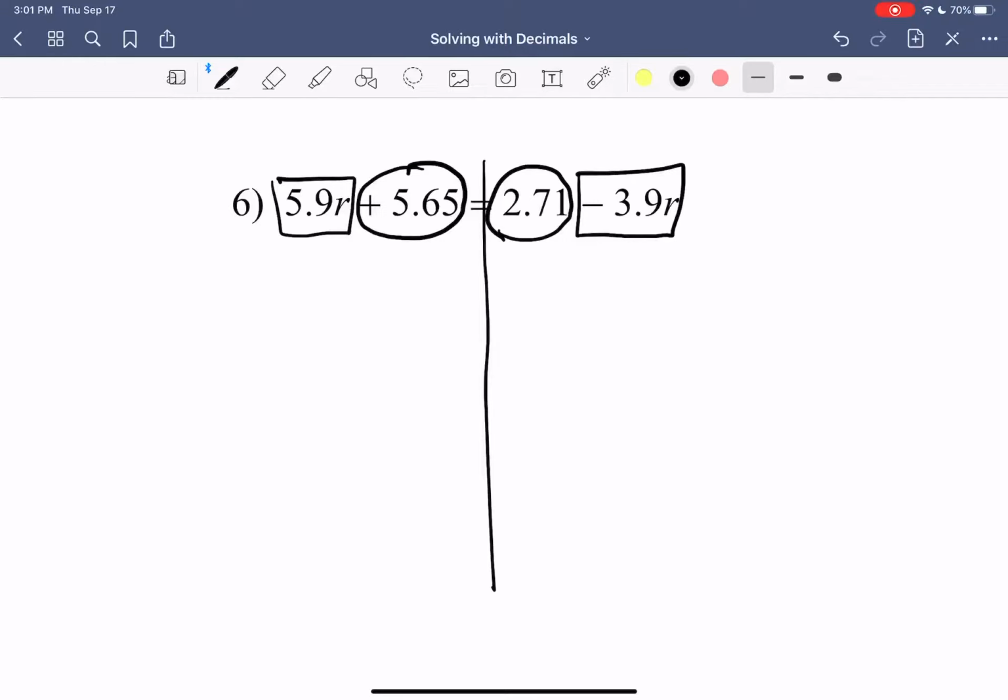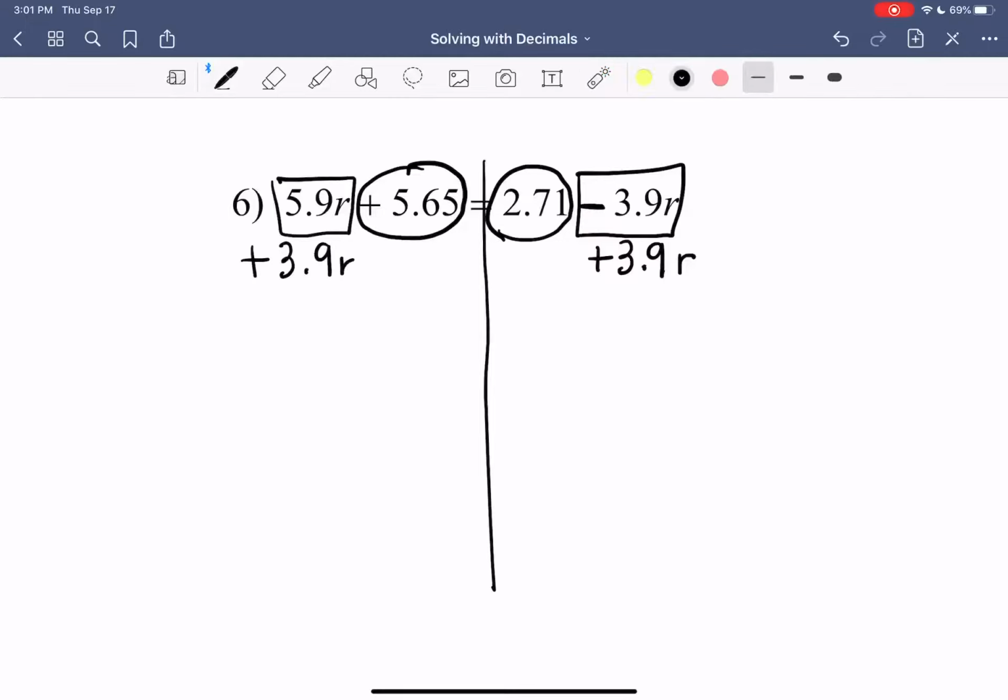So again, we see that we don't have any like terms on the left and we do not have any like terms on the right. So we get to determine if we have variables on both sides, and we have a variable here and we have a variable right here. So that will take us to moving our least coefficient. So we're going to add our 3.9r to both sides because there's a negative right here. We have our negative, so we have to make our zero pair. So add